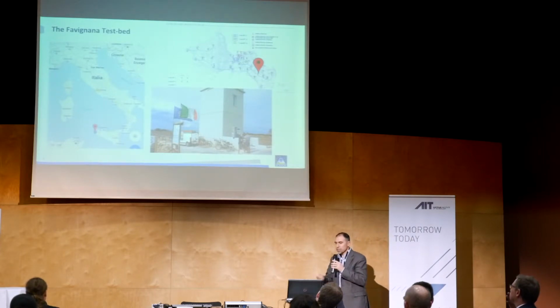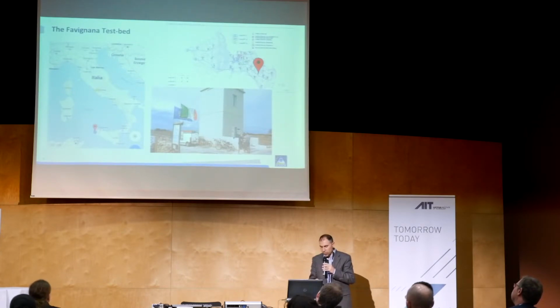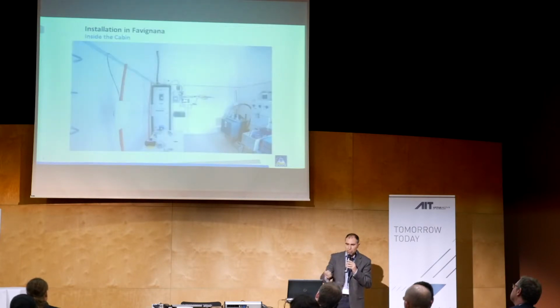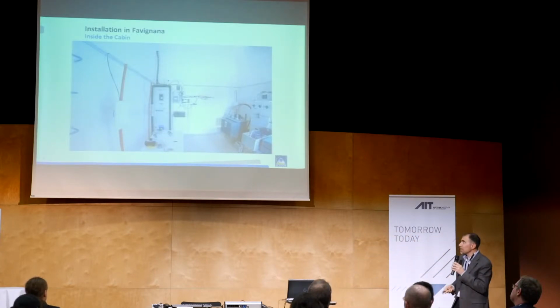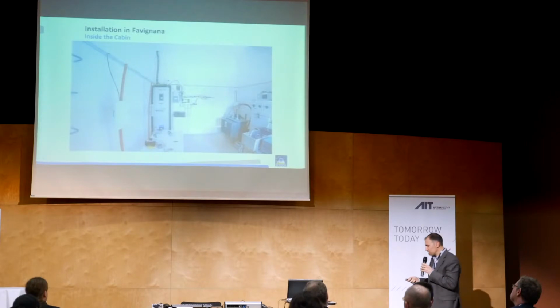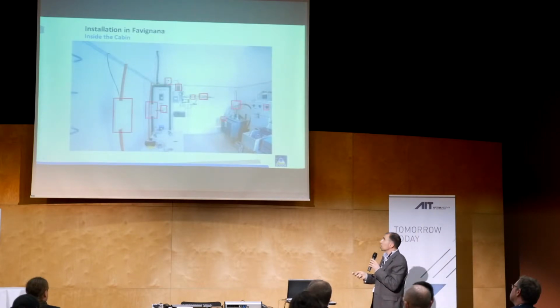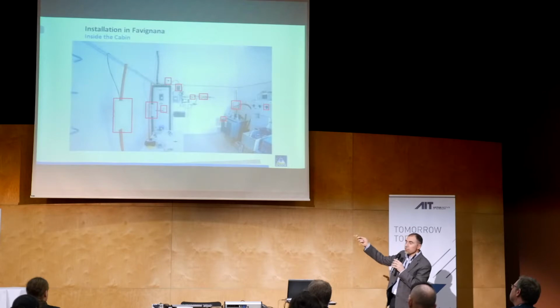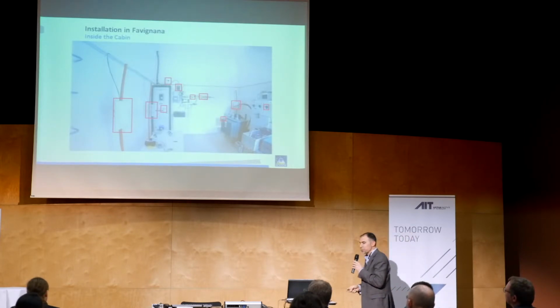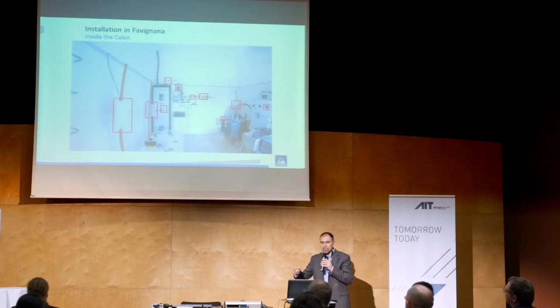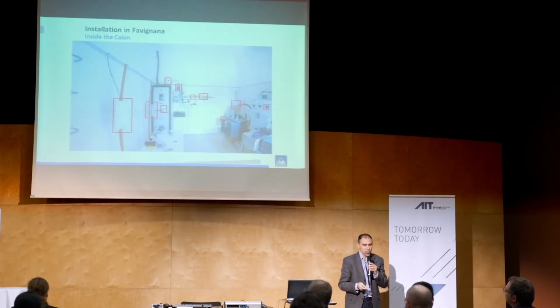And so this is one of the cabins of the distribution infrastructure of this smart grid. And we have been able to deploy our monitoring framework within exactly this cabin that is shown in the figure. So this is inside of the cabin. It looks like any electrical distribution cabin, but there is a lot of equipment that we have put inside this cabin. So all these red squares are equipment that we have put inside.